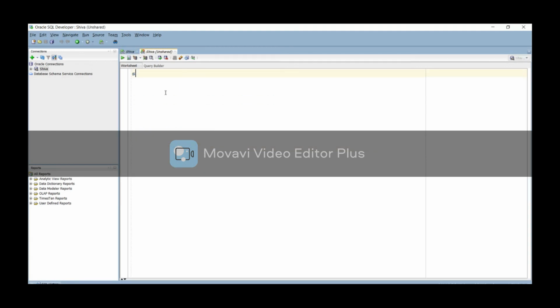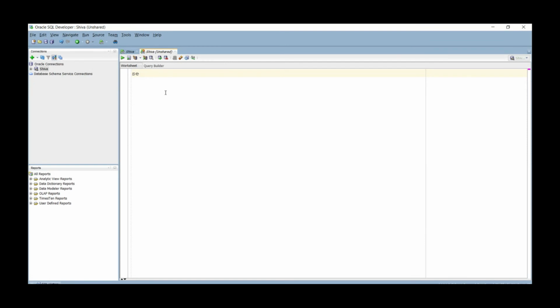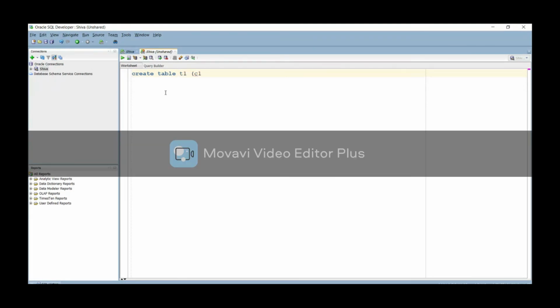See, suppose I have a table. I am going to create some table. Create table T1. The C1 is the column name and the data type is number.